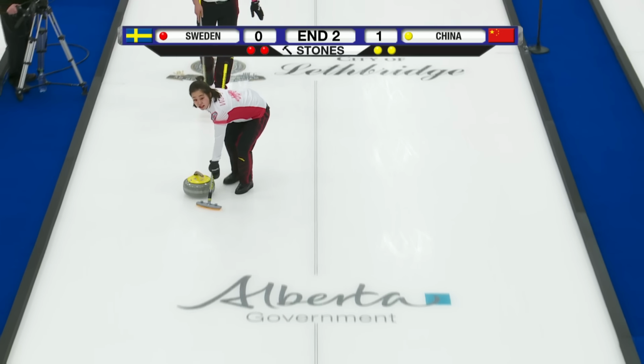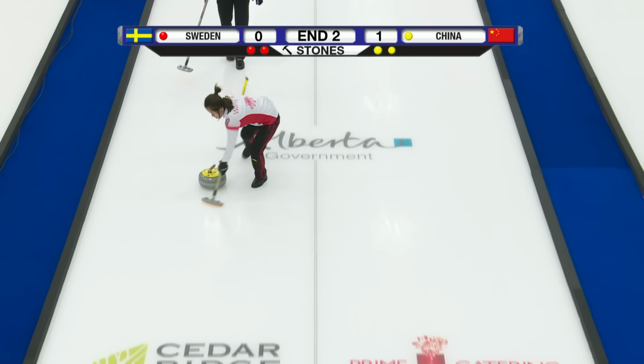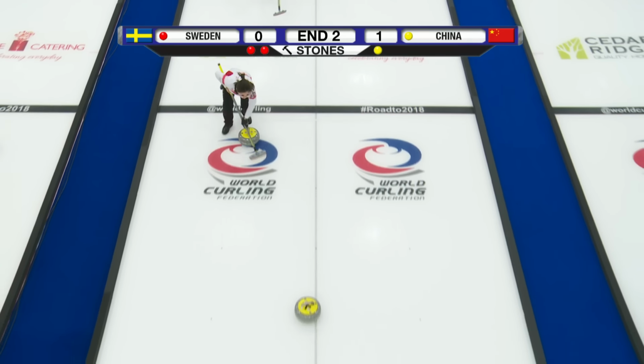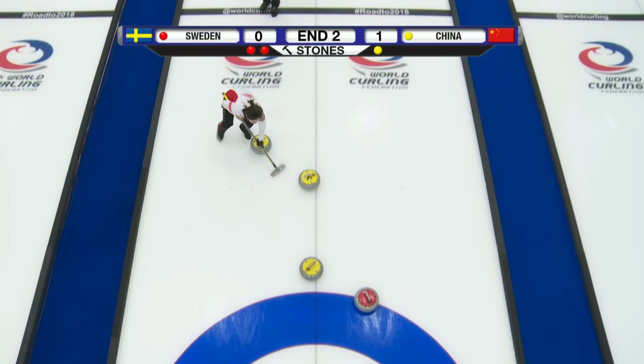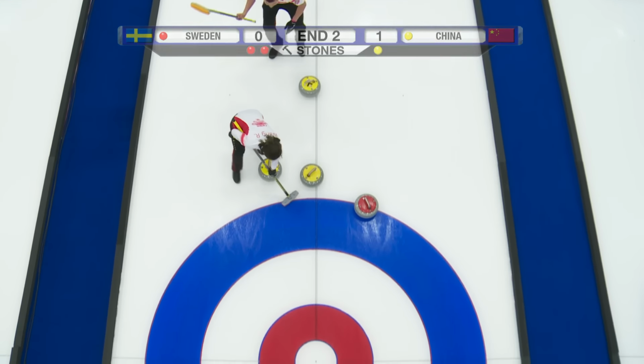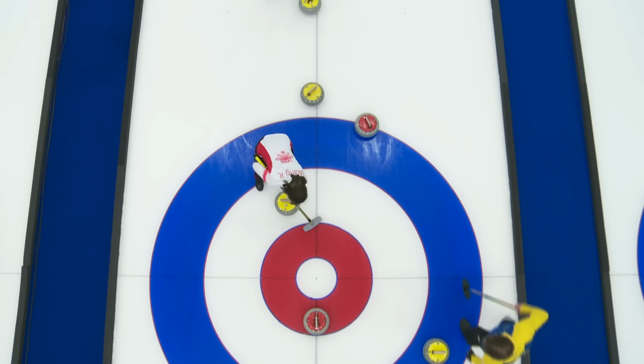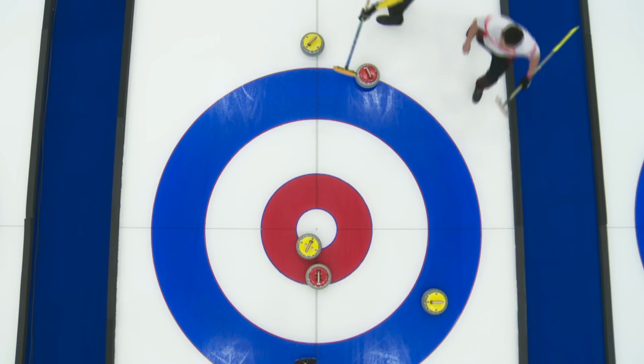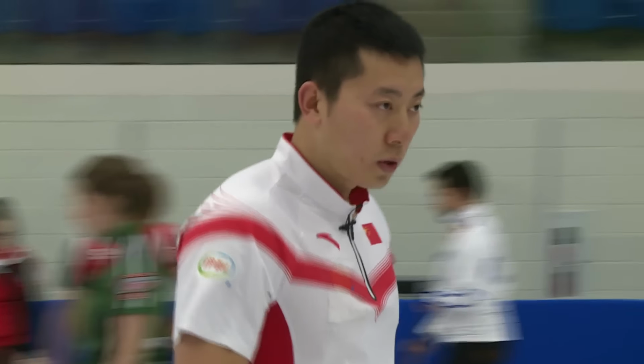See the rock is almost 4 feet away from the center line. And then we get close to the hog line. Some of the weight comes off the rock. It really starts moving towards the center. Great finish. This looks like a great shot here. Whoa. Freeze. That's capitalizing on